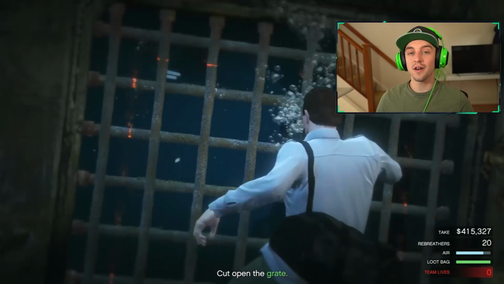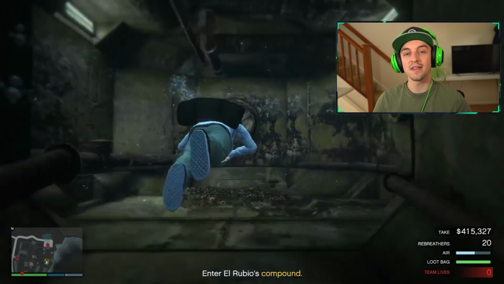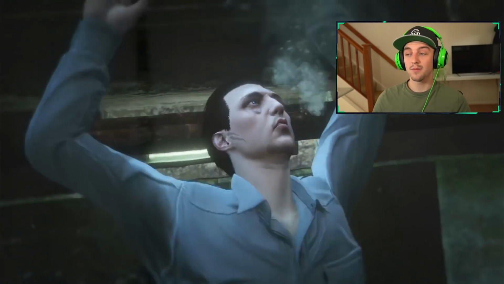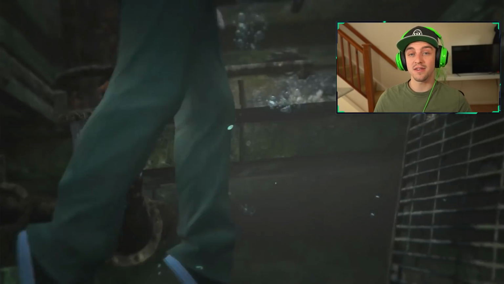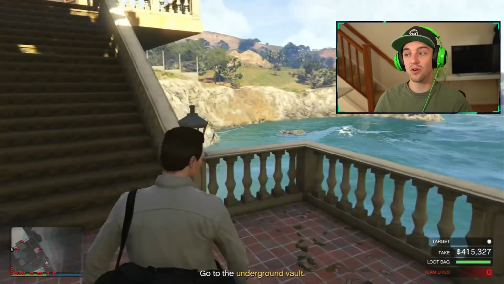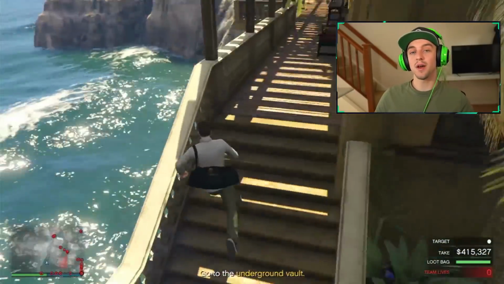I'm going to be showing you guys the route that I like to take if I'm doing the Cayo heist solo. It's very easy. It's probably the easiest route you can take if you are doing it solo. When you spawn in, turn around, head up the first set of stairs, go up the second little set of stairs, climb onto the railing, jump onto the pergola on the